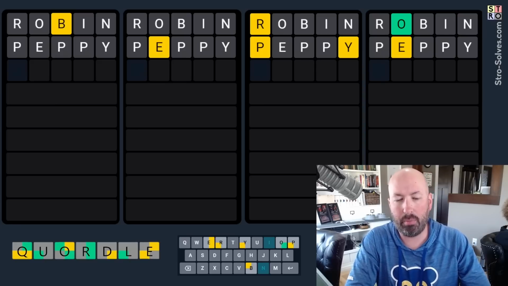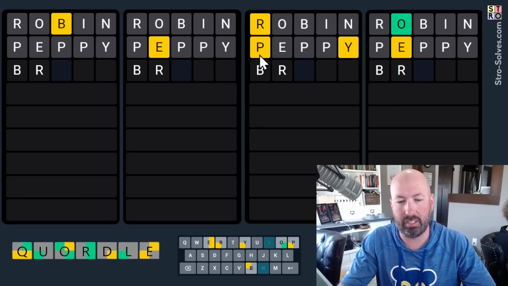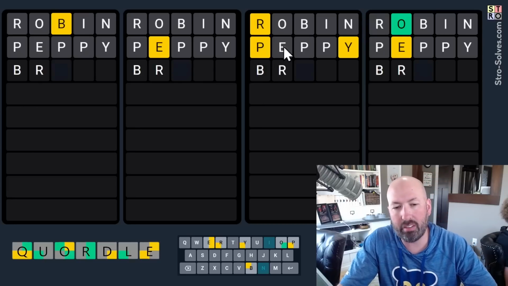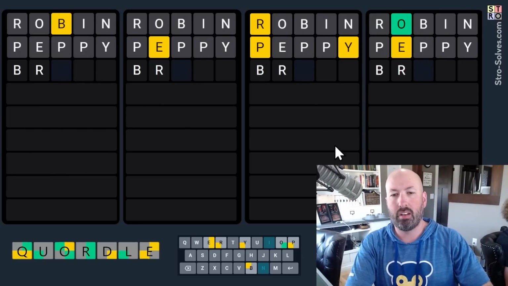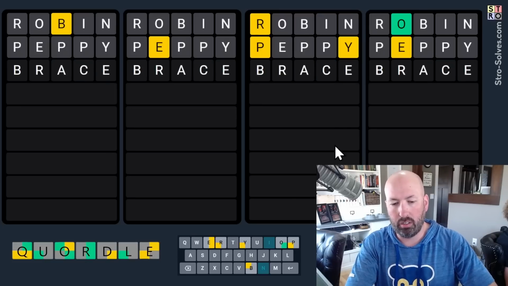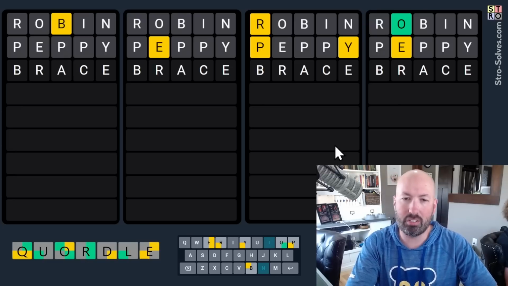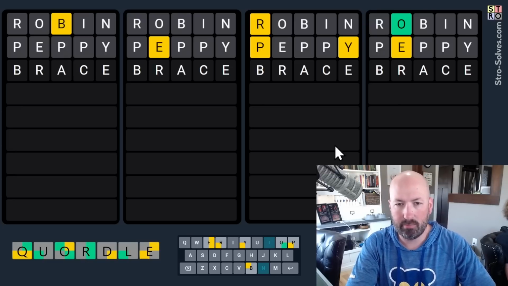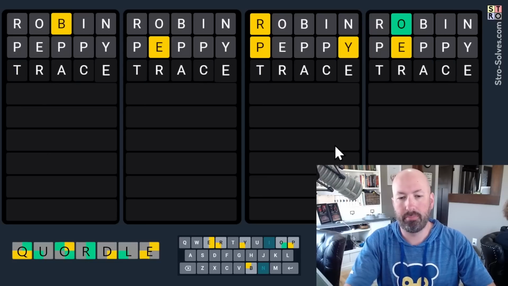All right, so, I mean, what I'm thinking is we could do BR something. We could do PR, but the P, we know the P isn't at the beginning. I'm not sure what to do. I mean, there's not too many places for the P, so I'm less worried about finding the P, I guess. We could do the E at the end, so I'm thinking something like brace. You know, we could do like break or something, but that's not great. It'd be nice to do like a T or an L or an S. I mean, we could do trace, but since we have that B, you know what? I'm not gonna do that. I'm gonna do trace. Because